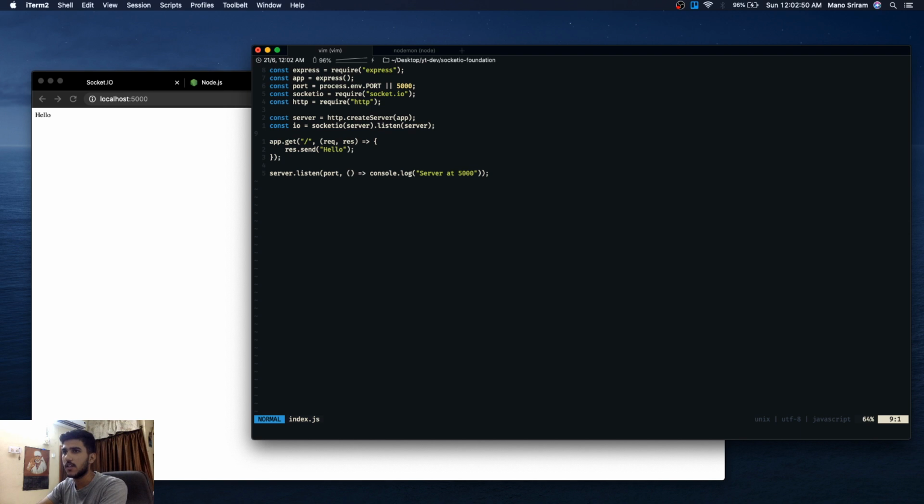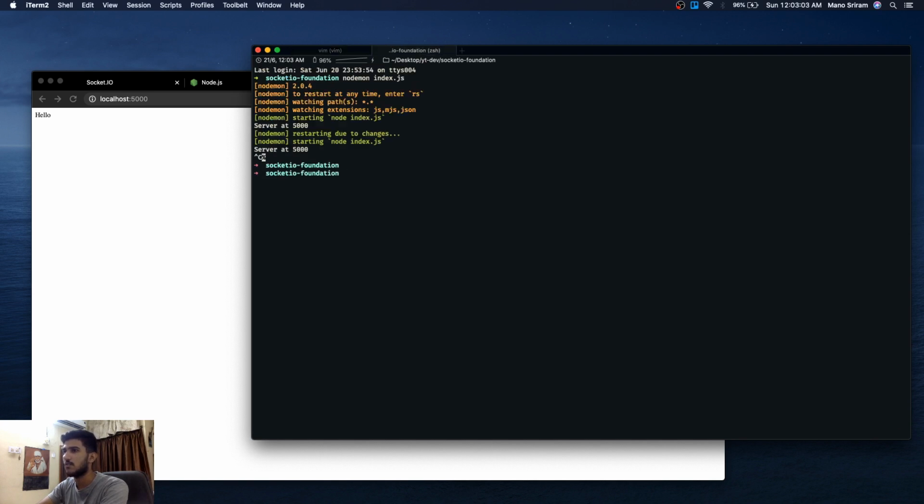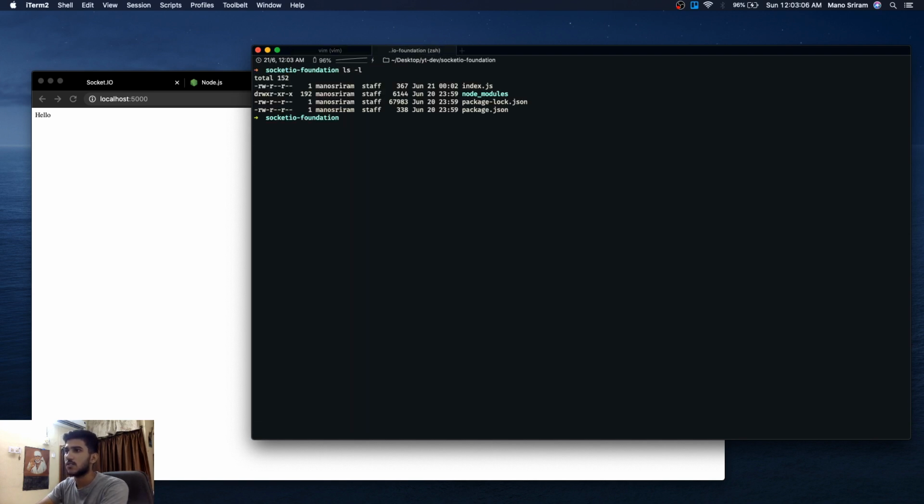So for that we need a client. So this entire thing is a server, but we need a client. Client is someone who visits the site. So for that we need to create, let's kill the server. So this is the project structure right now, and what I would like to do is create a new folder,